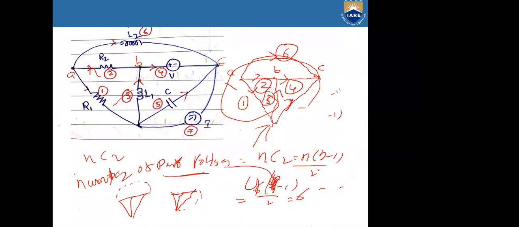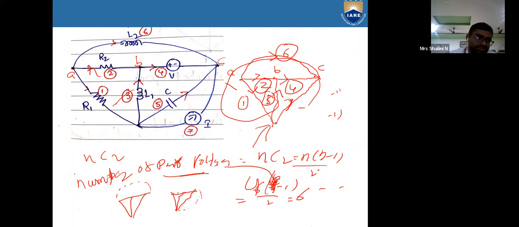That is, 6 pair voltages will be there. And this is the same for all incomplete graphs, incomplete specific graphs also. Why? Because